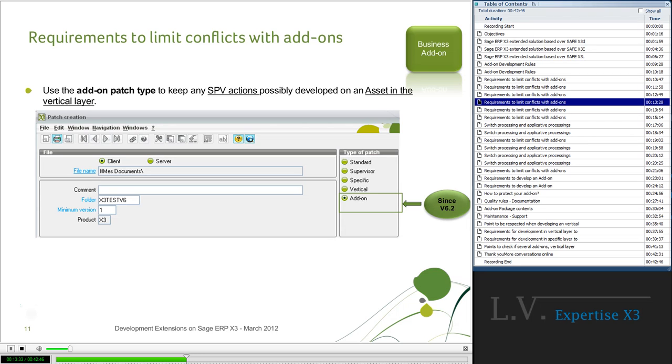Since version 6.2, we added the type of patch named add-on, especially for add-ons, and to keep the SPV action possibly developed on an asset in the vertical layer.